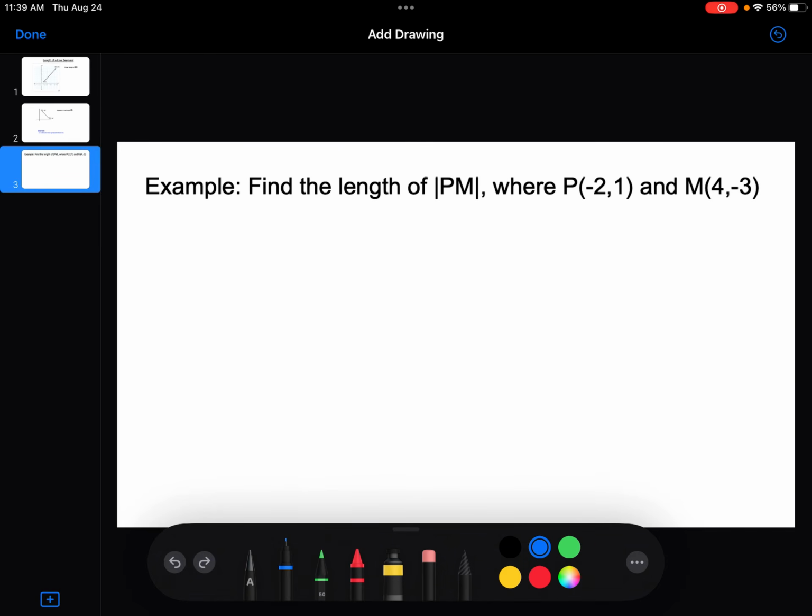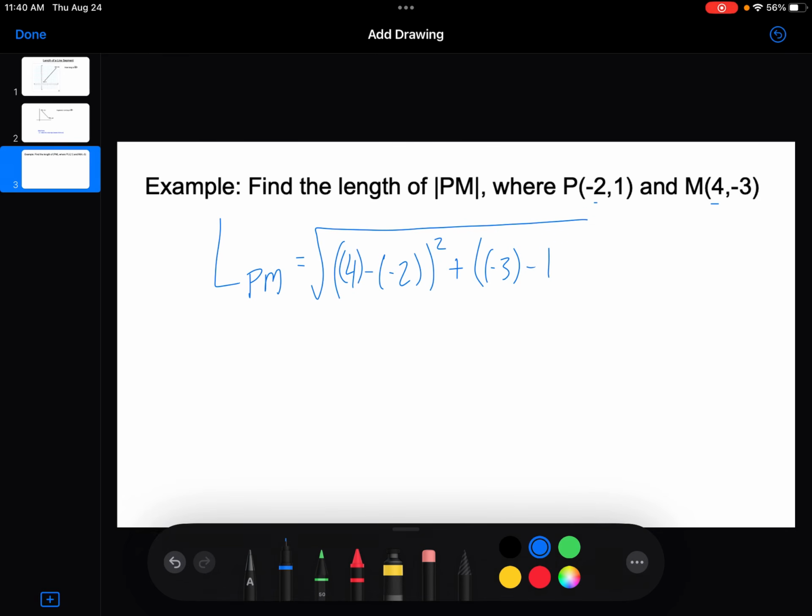Looking at this final question, we've got the length of PM, where P is -2, 1, and M is 4, -3. So the length of PM is going to be the square root of our x's. I'm going to start with M, and then I'm going to go back to P. So 4 minus -2. We'll put all of our substitutions in brackets. Squared plus, I'm still starting at M, -3 minus 1